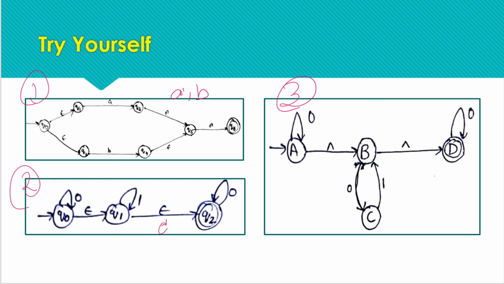Here we have 0 and 1, 2 input symbols 0, 1, and here we also have input symbols 0, 1. So these questions are easier than the one we have already done. So please try these questions by yourself, and then we will tell you the solutions, right?